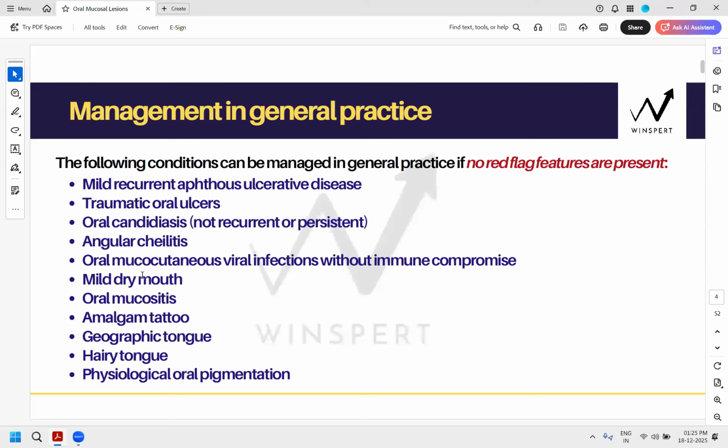You will choose the answers which talk about active dental treatment, active treatment. And the non-malignant lesions, which I just gave you the list, which are not necessarily red flag, they are benign, they're not cancerous, but they are out of scope of general dentistry. Is that clear for everyone? The concept is learned, understood, absorbed or not? Tell me now. Now that is the summary of this entire chapter. Is it or is it not?